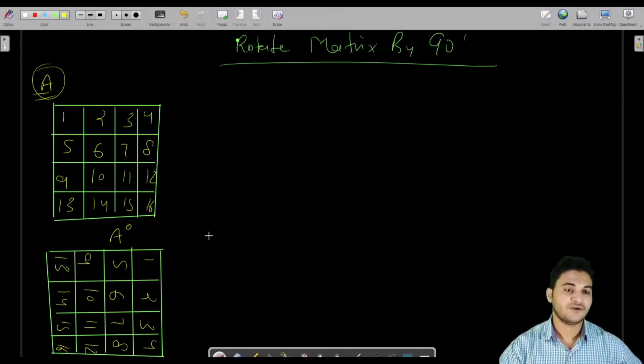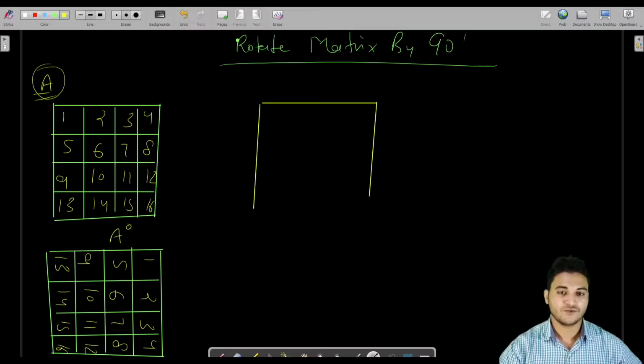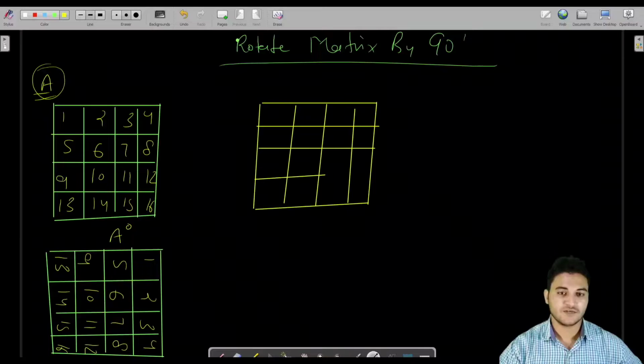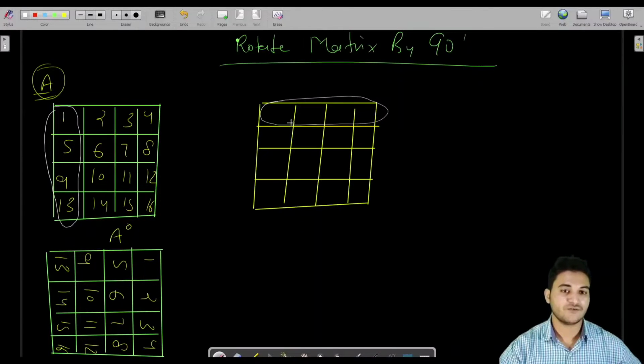So what if I take the transpose of this? What should it look like? If you know how to take a transpose, then you can easily get to the point. Let me draw a same size matrix and we'll take the transpose. So let us say this is the matrix. What would be the transpose for this? This row would become this column, and this row would become this column. First row, first column; second row, second column; third row, third column; fourth row, fourth column. So let us see how I am going to take the transpose of this.